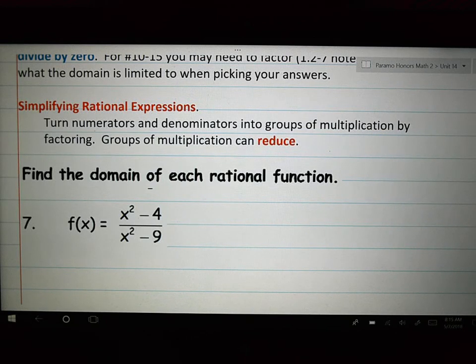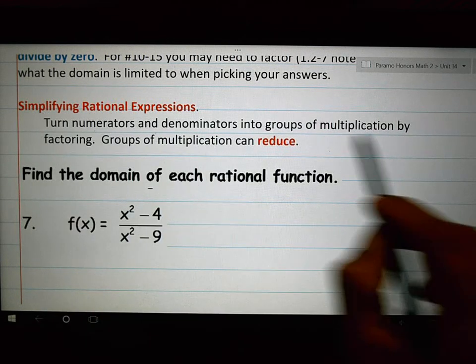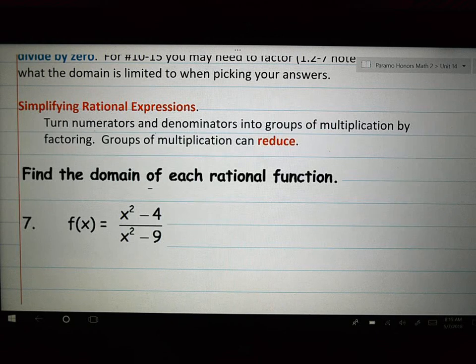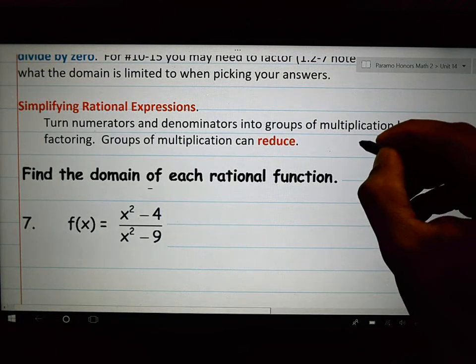Simplifying rational expressions. We are going to turn numerators and denominators into groups of multiplication by factoring, and we'll reduce anything that is in a group of multiplication. This is important. I can't tell you how many students don't realize how to do this correctly, so I'm going to show you something. A plus C